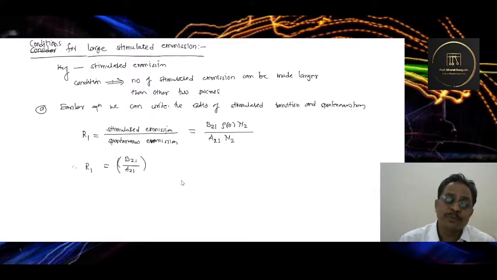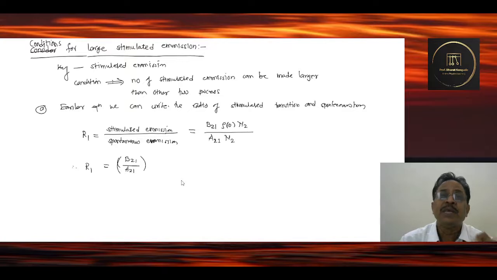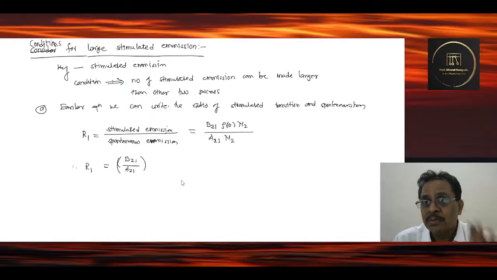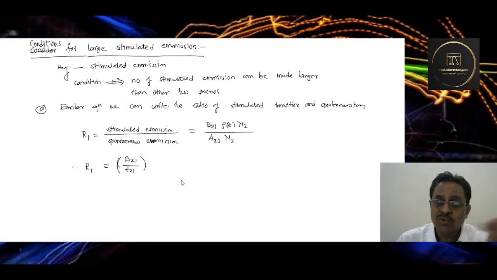Otherwise, most of the energy is absorbed by the atoms. They go into the excited state. Then a number of atoms go from the excited state to the de-excited state, giving out radiation in all directions, all formats, and that is not a stimulated one. That is randomized radiation that has no particular direction, and that's why these radiations are usually common radiations. This is a natural process of absorption and emission of energy by material. This is the interaction of light with matter, and that is the usual process.